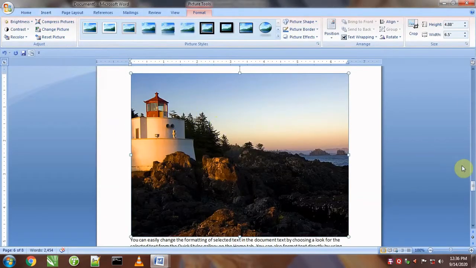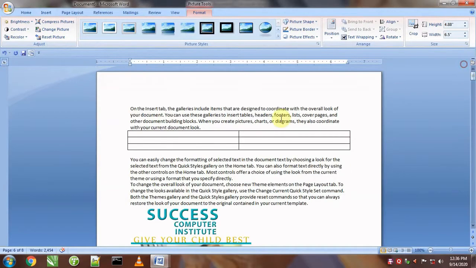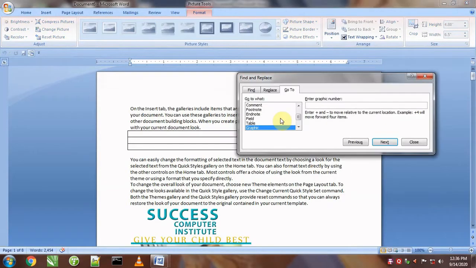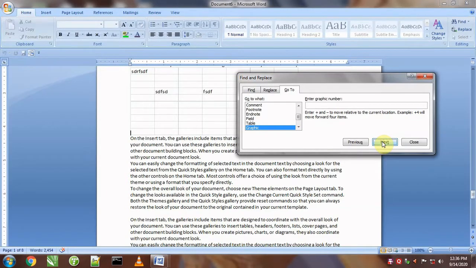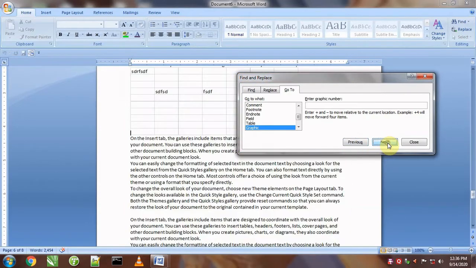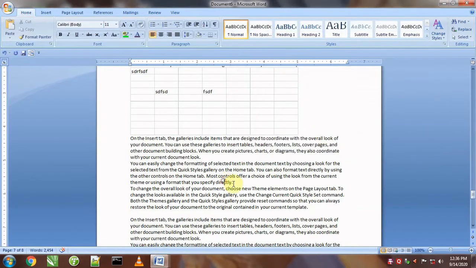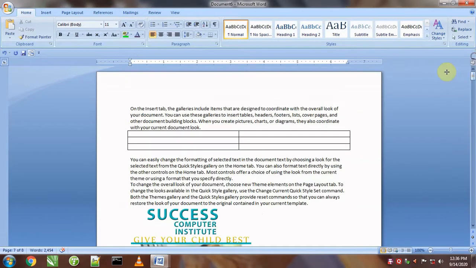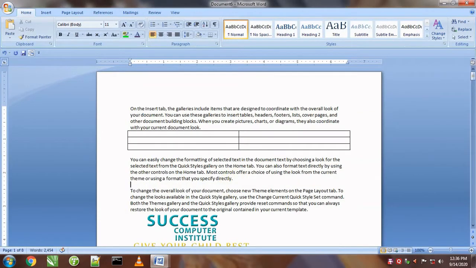Now if you want to look at all these graphics one by one, for this I will press Ctrl G and say graphics. I will press the next button. It will show all graphics or graphical images present in the document one by one. So with the help of the graphics command we can visit all the graphics present in our file. Next is equation. Suppose our document contains some equations also, we can visit those equations also with the help of the equation command. For this we have to put some equations.